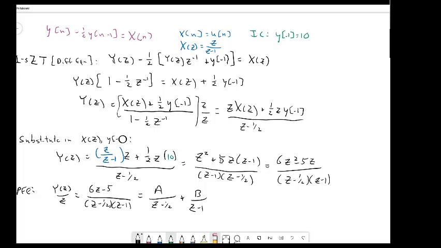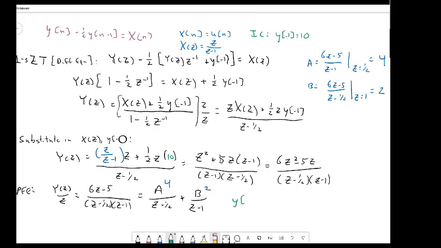And if we do a little partial fraction magic over here, our A is 6z minus 5 over z minus 1, evaluated at z equals plus 1/2. When we plug in those values, we see that it's 4. B is 6z minus 5 over the opposite term in the denominator, z minus 1/2, evaluated at z equals plus 1. That comes out to be 2. And so we have A equals 4, we have B equals 2, and our y[n] then, let's put in the green thing we're looking for,